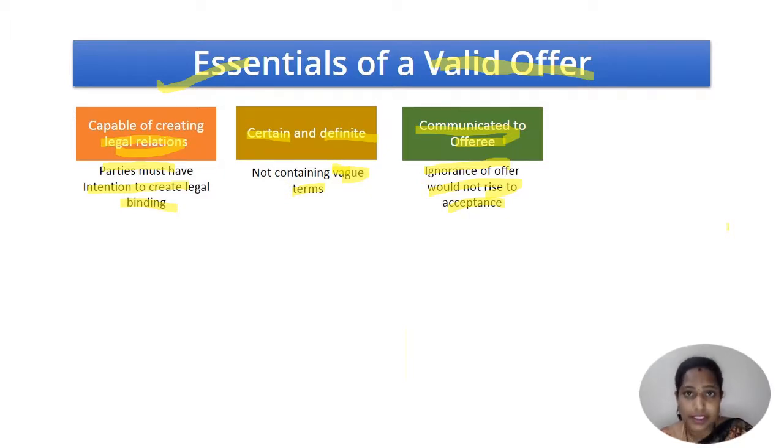When, if it is not communicated, if it is not expressed, then that will not become a valid offer. See, ignorance of offer would not raise to acceptance. When you have ignored the offer, when you are not communicating the offer to the other party, when you are not expressing the offer, then that will not become a valid offer. Because until you express, that is another essential. If it is not expressed or if it is not written, sometimes you don't express, at least you have to